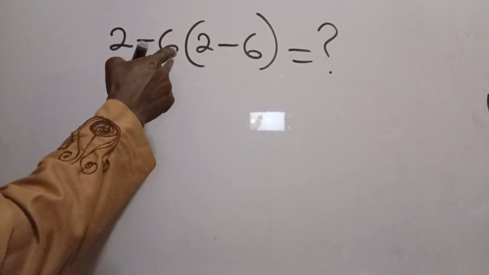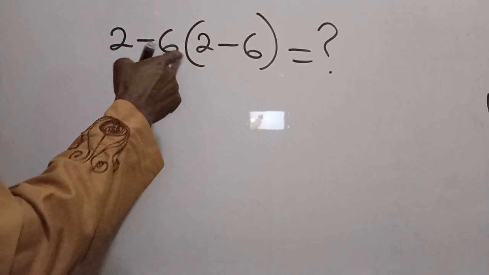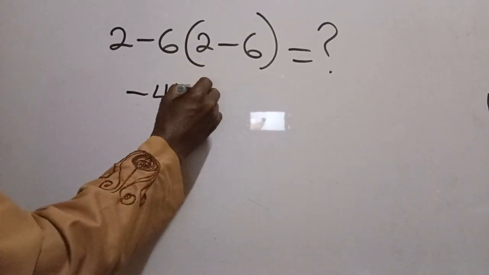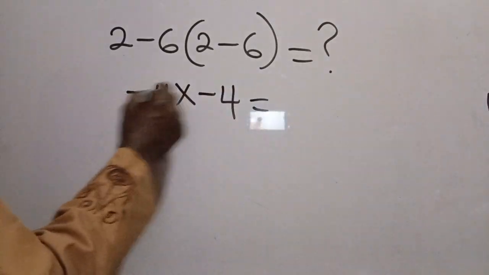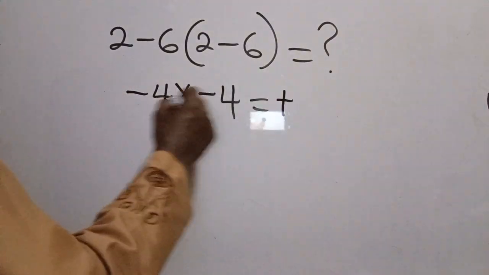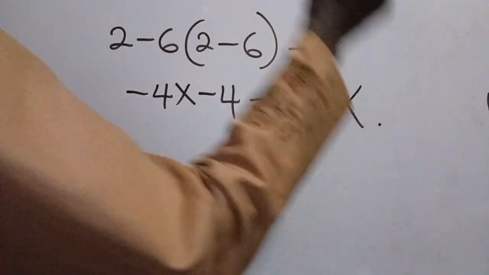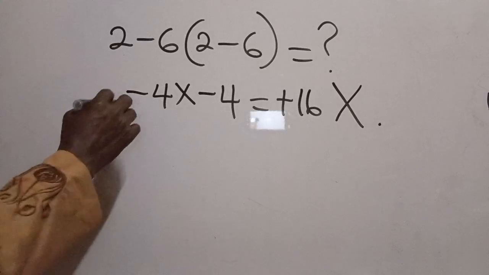Now, between this 6 and this parentheses, that is this simple bracket, there is a multiplication. Then another 2 minus 6, that is minus 4. So that will give us what? Minus times minus is plus. Plus 4 times 4 is 16. That answer is wrong. So now to get the correct answer, we are going to apply